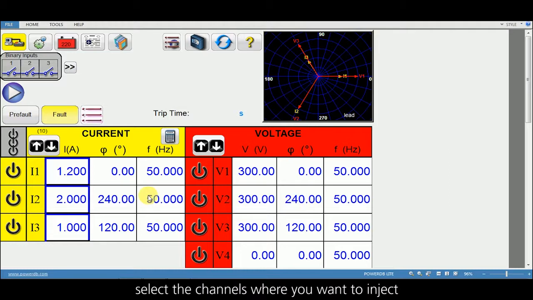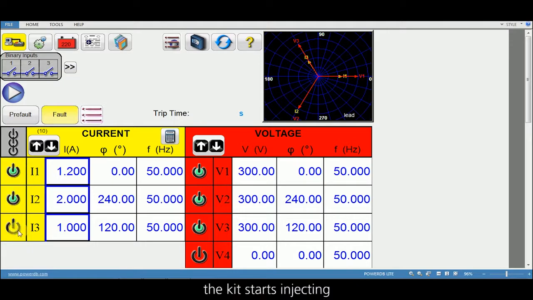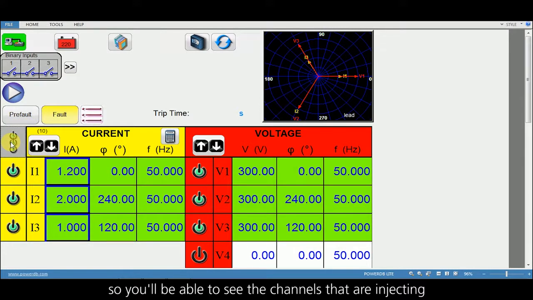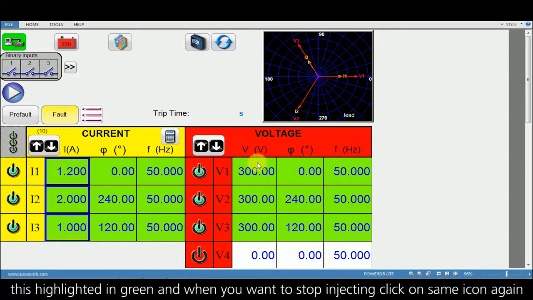Select the channels where you want to inject, and by clicking on this icon, the kit starts injecting. You will be able to see the channels that are injecting highlighted in green, and when you want to stop injecting, just click on the same icon again.